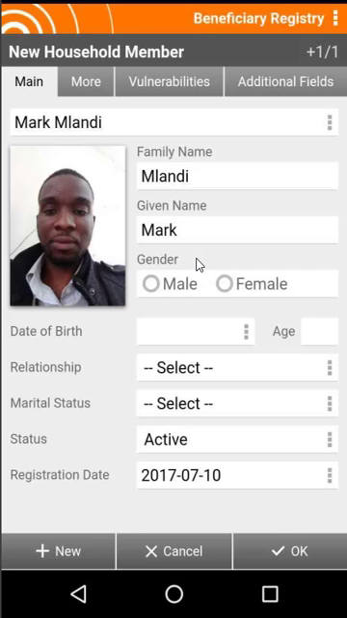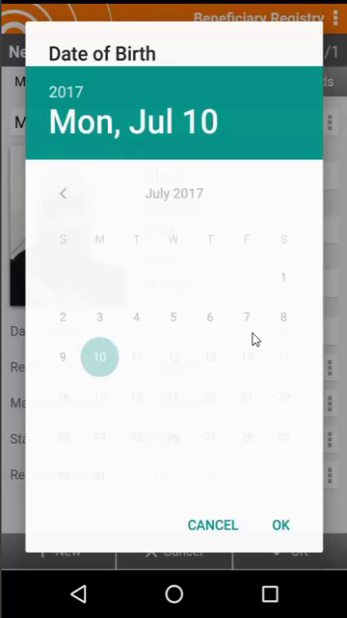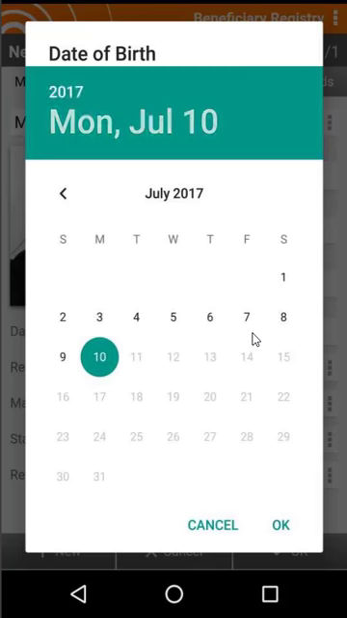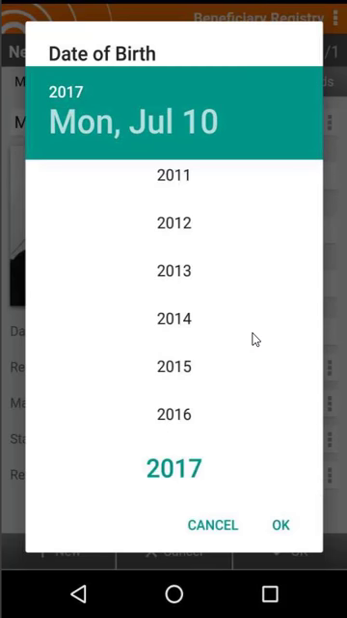Identify gender by selecting either male or female. Let's select male. Enter the beneficiary date of birth if available. If the beneficiary doesn't have an official record of their date of birth, then estimate the age of the beneficiary. Touch the 3 vertical dots on the date of birth field to invoke the date picker and select the date of birth. Enter 1990,